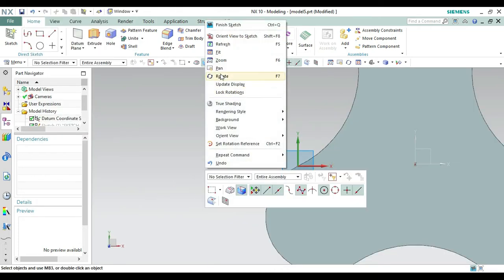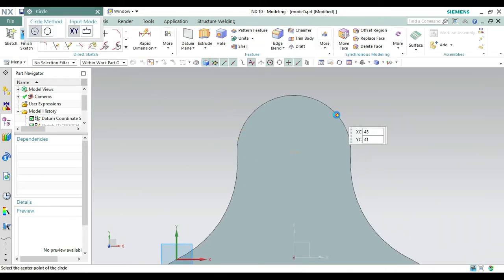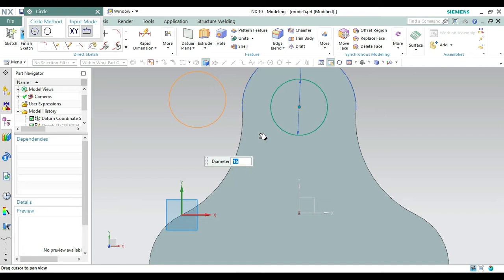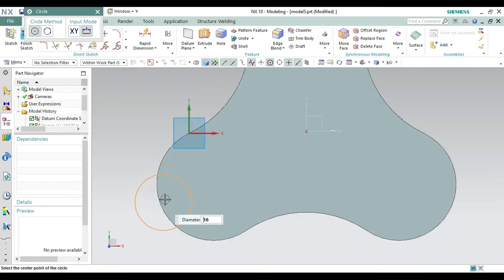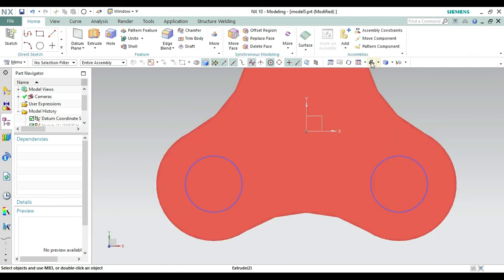Okay, now let's pan it to the upper one. Now select a circle again and use the center point of this arc, like this one. Make a circle of diameter 16 like this one. Okay, now we require the same dimension, meaning a circle of diameter 16 from this point. So take the origin point of this arc, meaning the center of this arc, you will get it like this. Okay, from here take this one, you will get the arc center. Okay, 16. Similarly here click on this arc, you will get it like this one. Okay, now let's cancel the command and finish the sketch and bring it to isometric view.